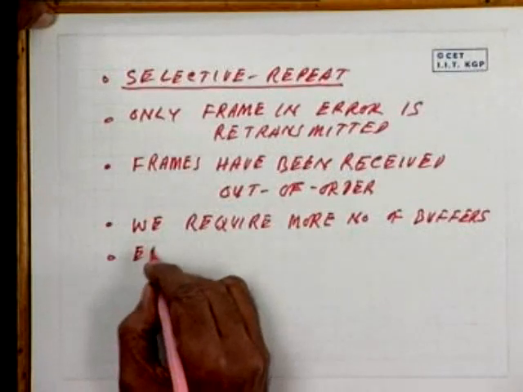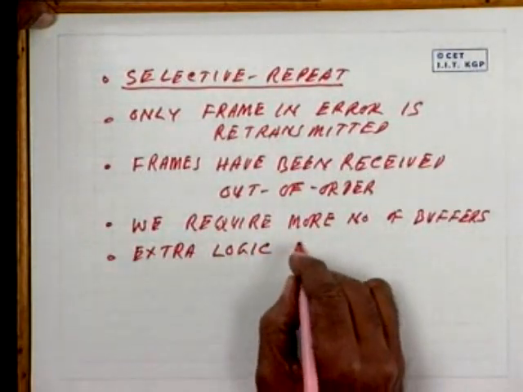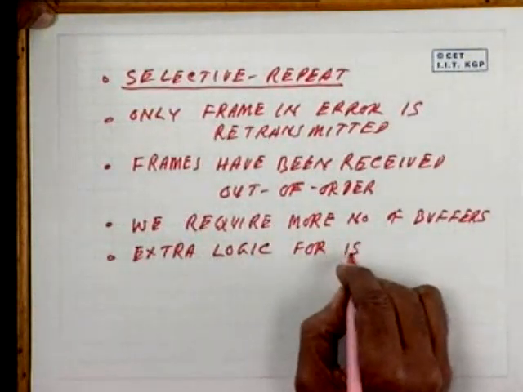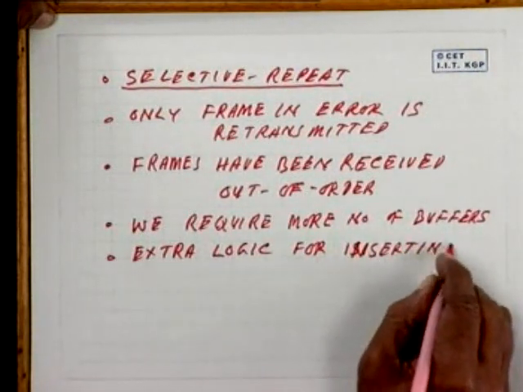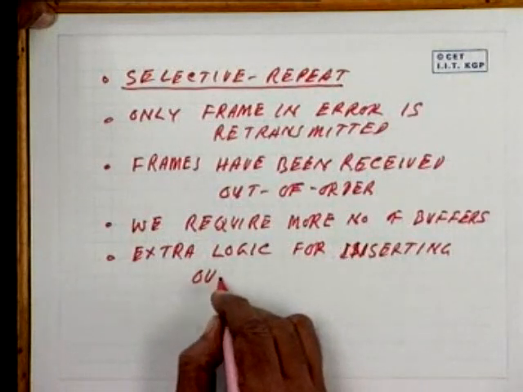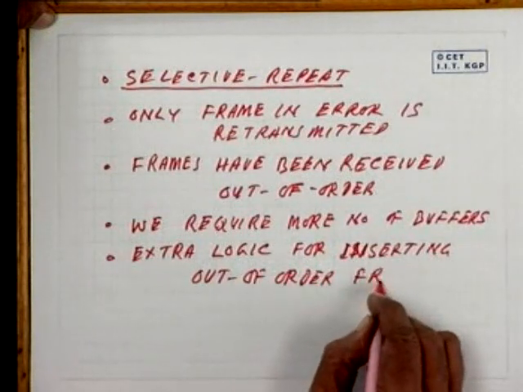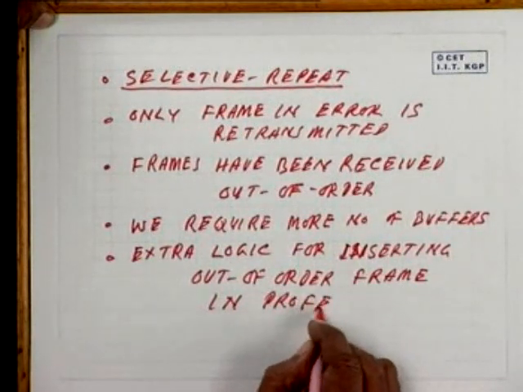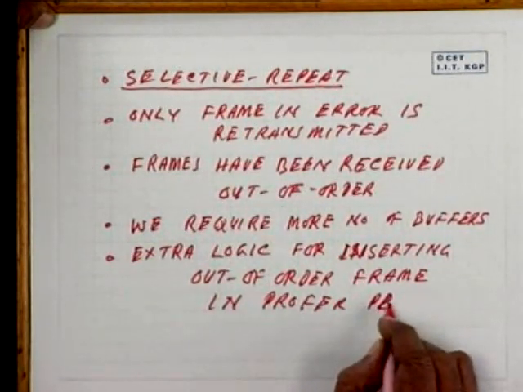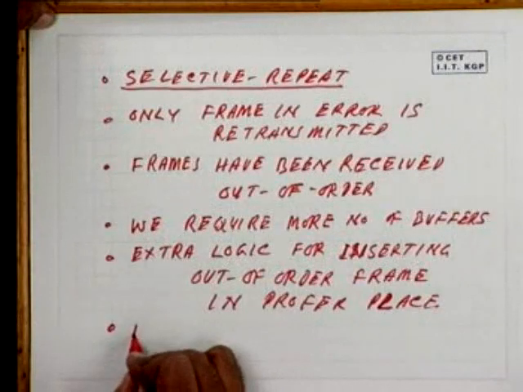So extra logic in the form of hardware or software for inserting the out of order frame in the proper place. So this is the extra penalty that you are paying, and obviously your efficiency